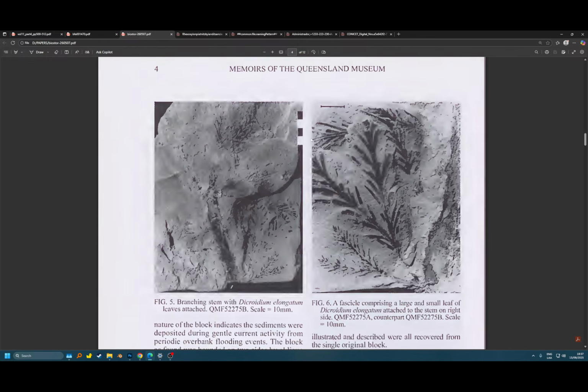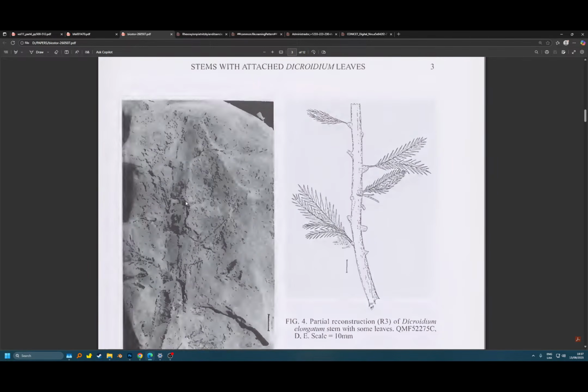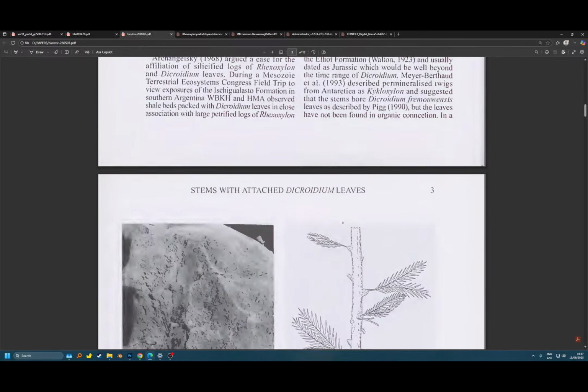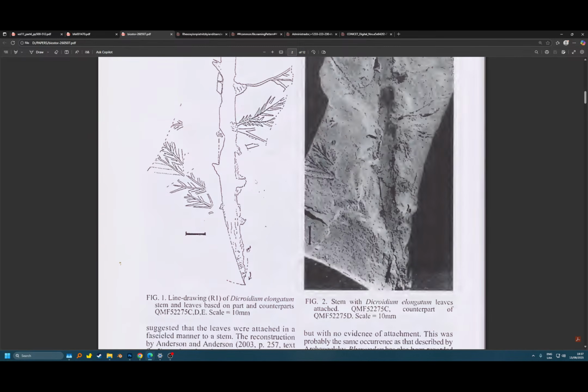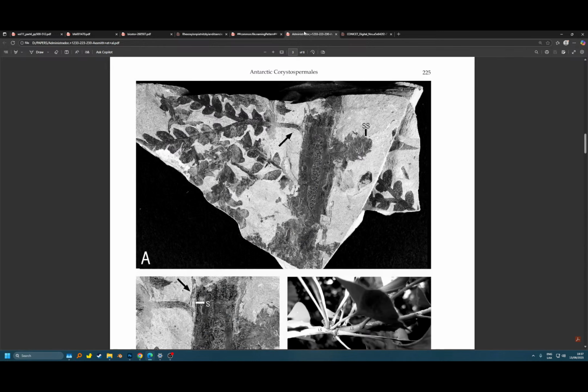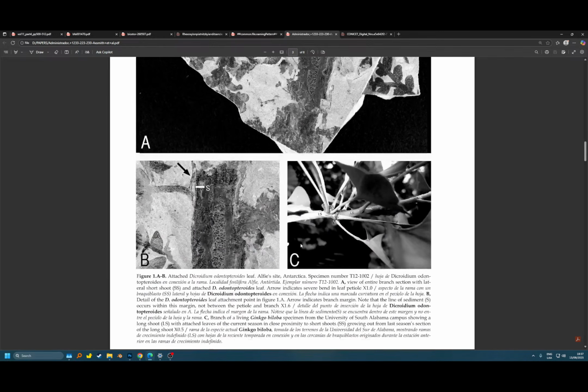You can't really see what's going on here. Sadly, very compressed, and I don't know what happened there, but you can see that you have this one. There's another one. This one is Dicroidium odontopteroides,